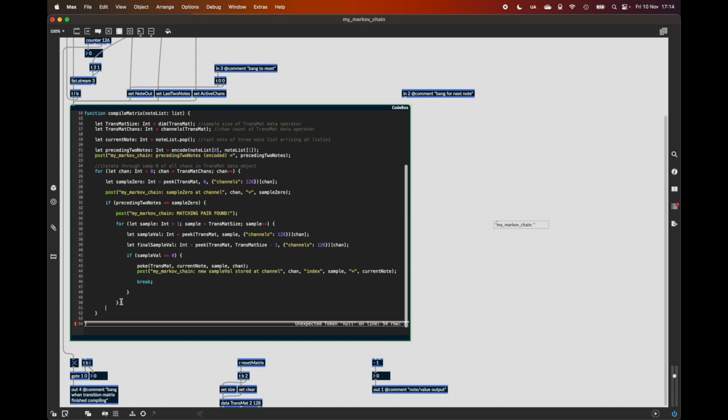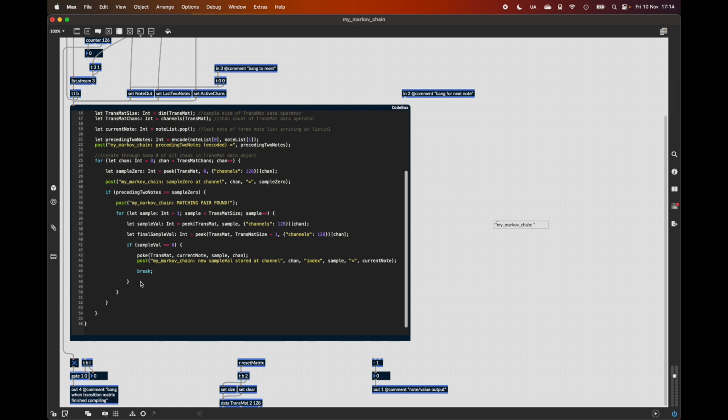Getting confused by all of these brackets. So we've got our for loop, our if statement, our for loop, our if statement actually needs another bracket. Is that right? There we go. Okay. So else,